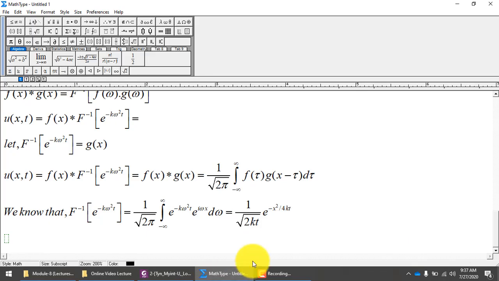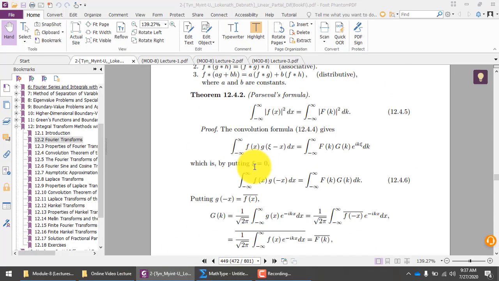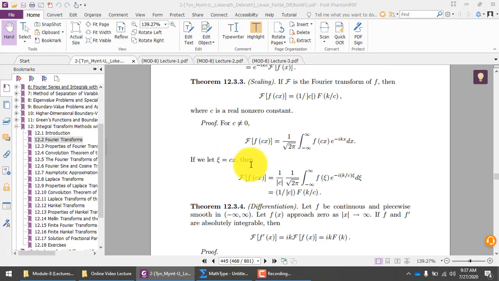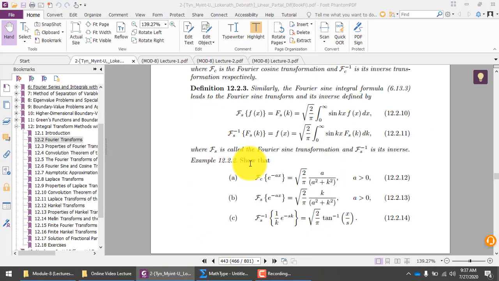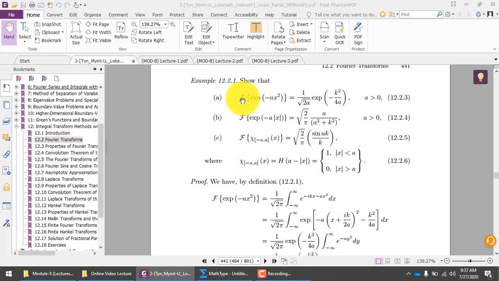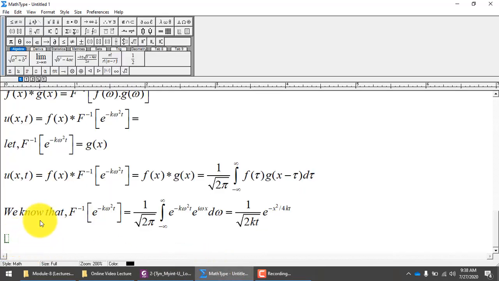So this is the total answer of the inverse Fourier transform. How? Again I am repeating, go to part C or maybe part A, where we found the Fourier transform of the exponential. This was part A. In the previous video lecture I explained the Fourier transform of e to power minus ax square